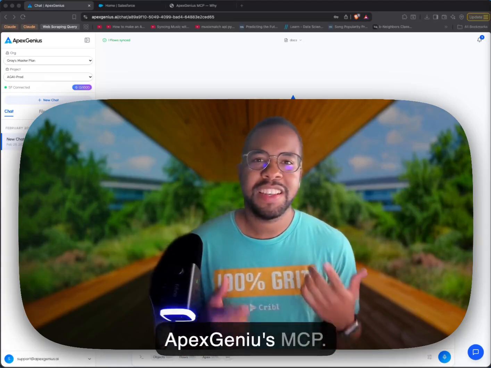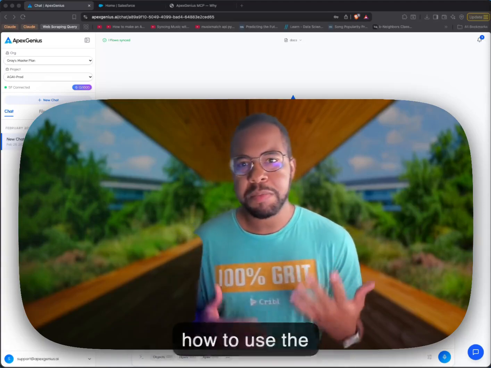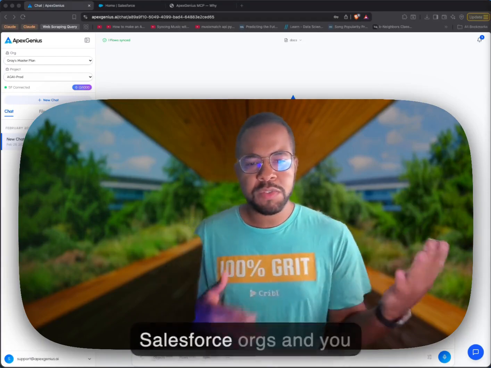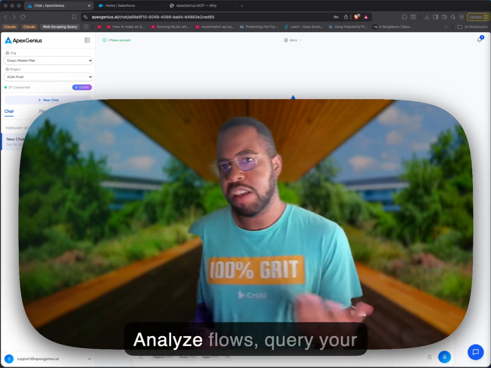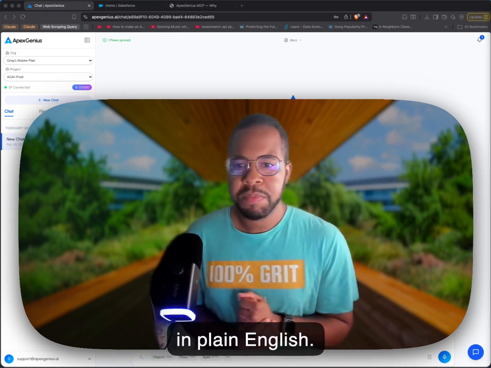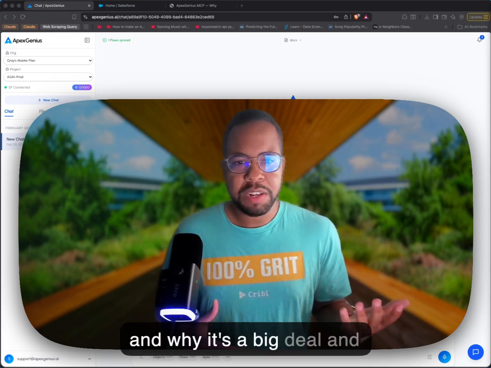Welcome, ApexGeniuses. Today, I'll be showing you how to use the ApexGenius MCP, the thing that lets you point Claude to any of your Salesforce orgs, and you can just talk to it, analyze flows, query live data, build reports, all in plain English. Let me show you what it is and why it's a big deal, and then we'll